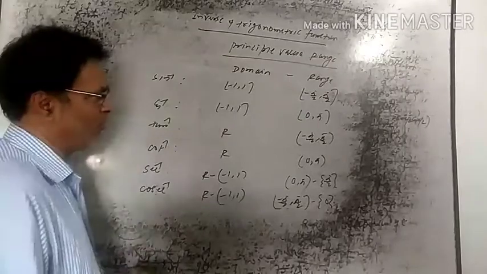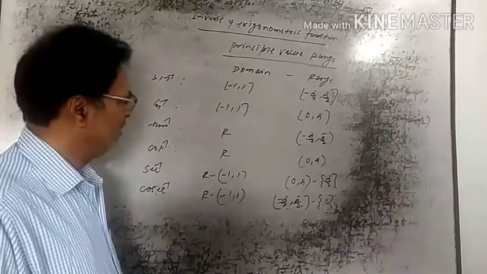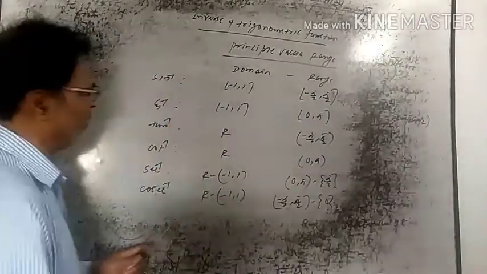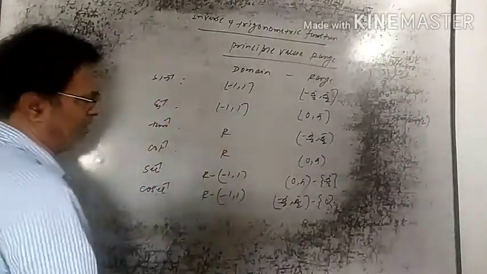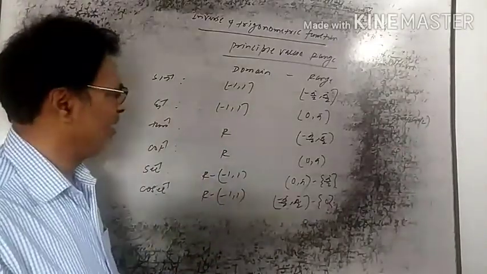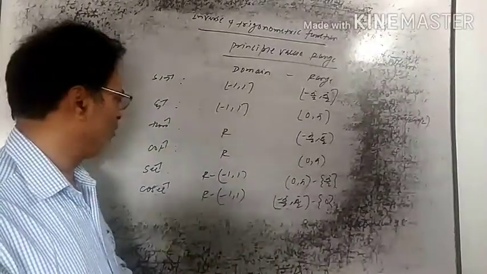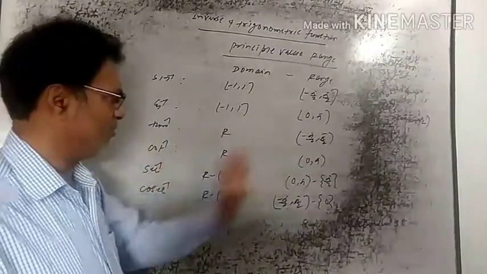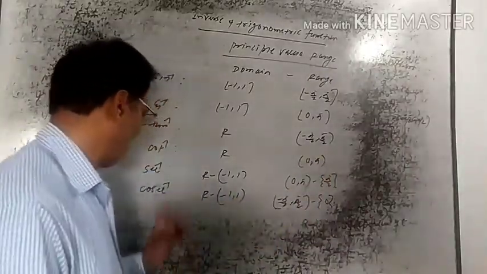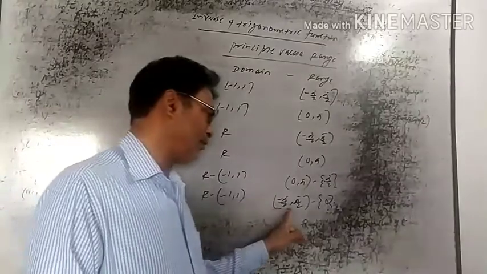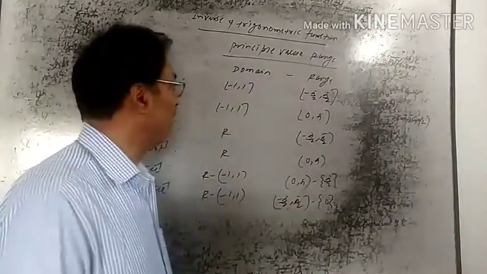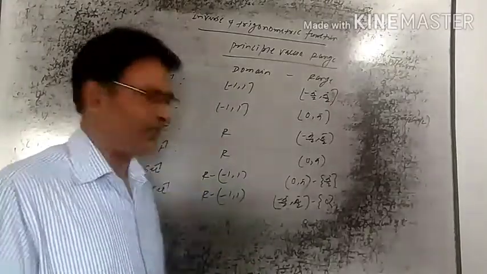The principal value range of sin inverse is the closed interval minus pi by 2 to pi by 2. The principal value range of cos inverse is the closed interval 0 to pi. The principal value range of tan inverse is the open interval minus pi by 2 to pi by 2, and cot inverse is the open interval 0 to pi. Sec inverse is 0 to pi minus pi by 2, and cosec inverse is minus pi by 2 to pi by 2 minus 0. So to find the value of any inverse trigonometrical function,